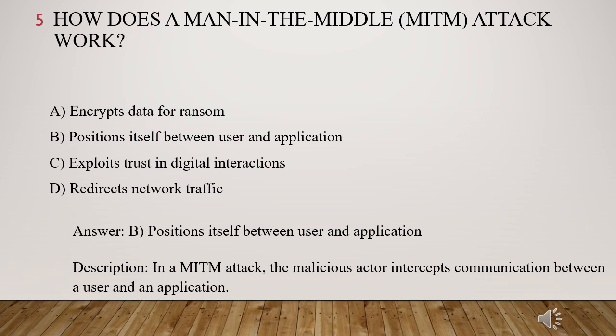The key idea behind a MITM attack is that the attacker secretly inserts themselves into the communication channel between two parties, such as a user and a website. They then act as a proxy, relaying messages back and forth while potentially intercepting sensitive data. This could include login credentials, credit card information, or any other information exchanged during the communication. Modifying data. The attacker could alter messages to deceive one or both parties, manipulating their actions or stealing information. Impersonating one of the parties. By mimicking the user or the application, the attacker can gain further trust and access additional information or resources.